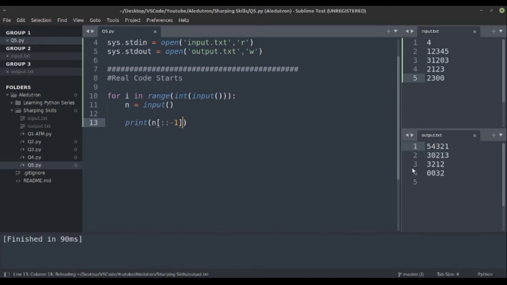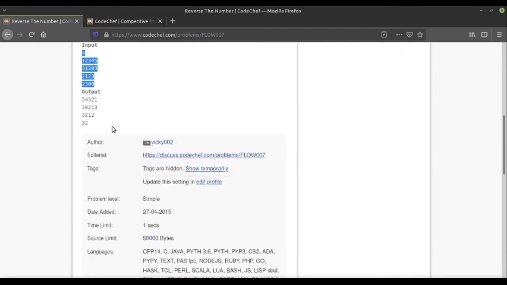So let's run this. You can see we got the reverse of this string, the reverse of each n: 1 2 3 4 5 becomes 5 4 3 2 1, and 3 1 2 0 3 3 0 2 1 3 is reversed. So this just reverses the list. Now this is our output, and let's see the expected output.